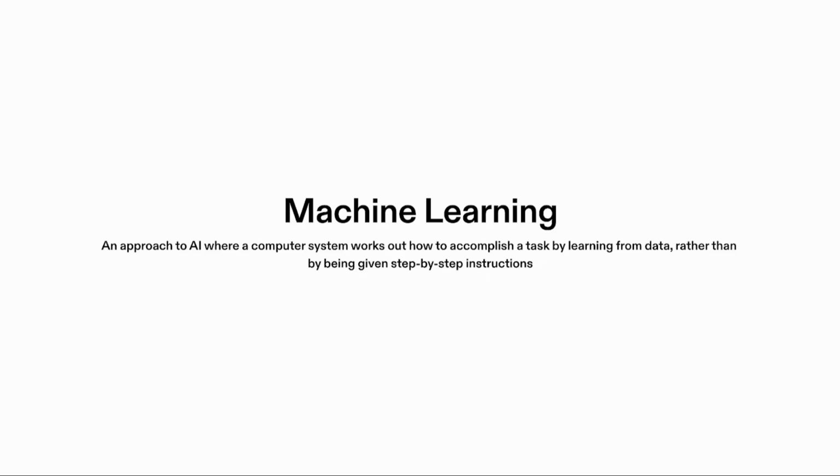Machine learning, it's a term thrown around all the time, kind of synonymous to AI when it's used in conversation. People just use it the same as AI. But I think the best way to explain machine learning is it's an approach to AI. It's an approach where the computer systems learn to accomplish tasks by learning from data. They've got examples of the data, and that's what they learn to do the mapping between inputs and outputs for, rather than being given step-by-step instructions again. So learning from the data.